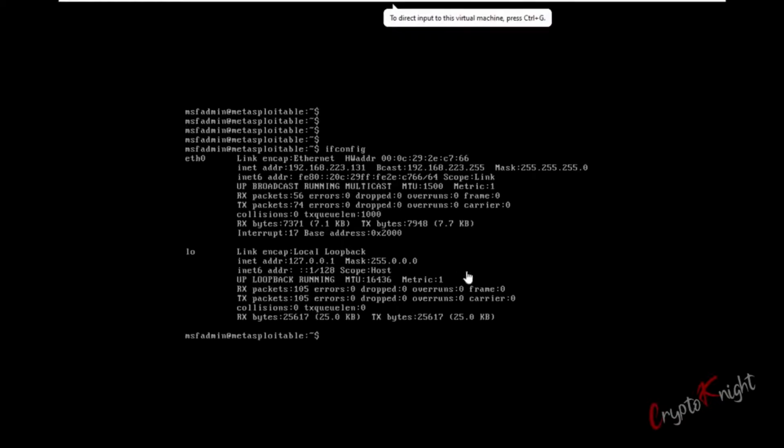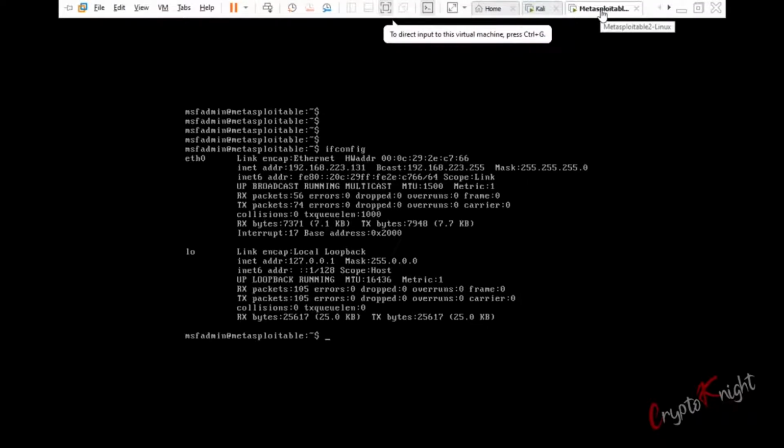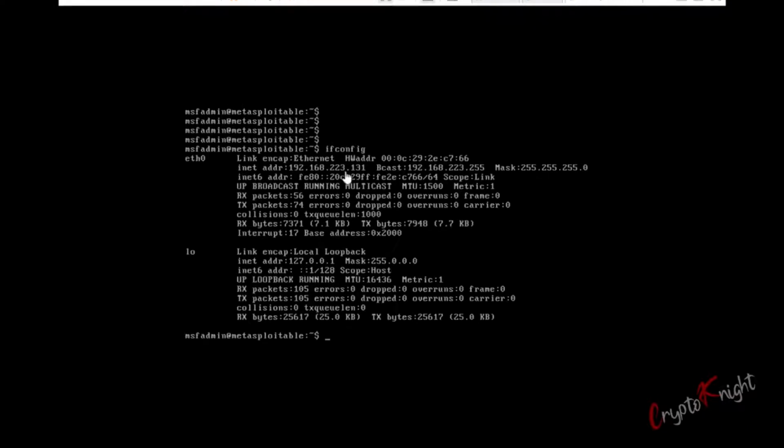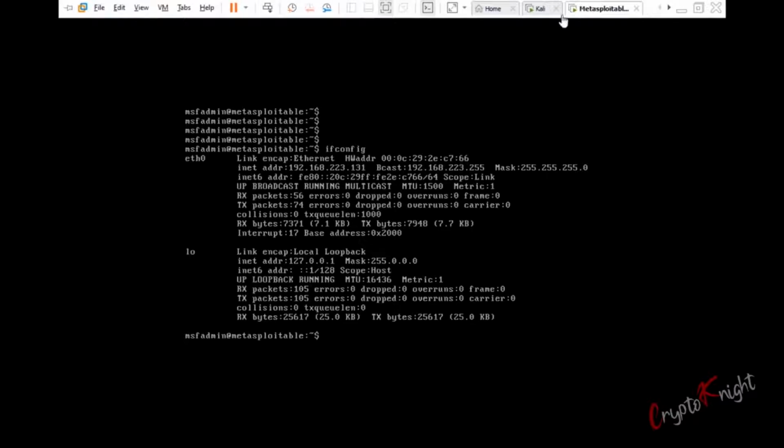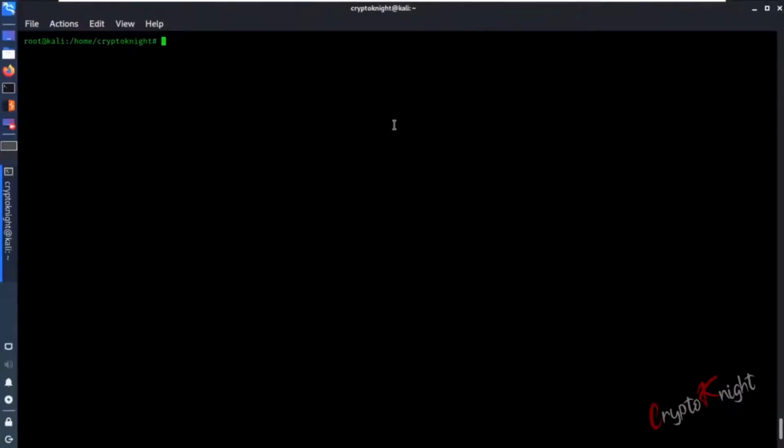Welcome to another tutorial. Here we will be learning how to exploit port numbers 139 and 445 that are running Samba. Again, for the setup we have Metasploitable as the victim machine and Kali as the attacker machine. This is the particular IP of the victim machine. We'll go back to Kali and nmap port numbers 139 and 445, and we will provide the IP.